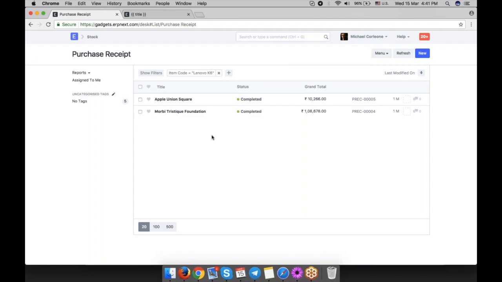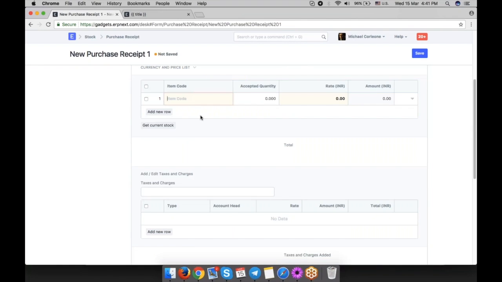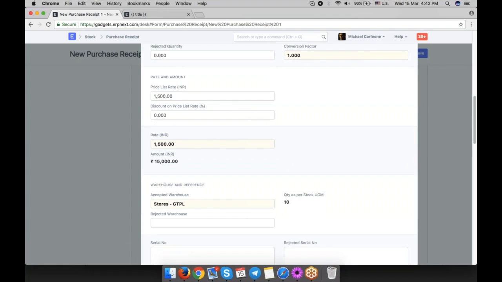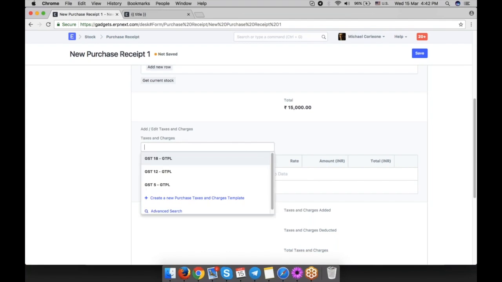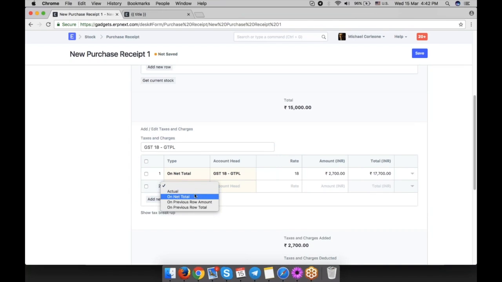Right. So we can pull data in purchase receipt from purchase order, or we can make one directly as well. I'll quickly add an item in my purchase receipt. Say its accepted quantity is 10. It has fetched the rate from the price list. So let's move forward with this. This is the accepted warehouse. We'll receive stock in this warehouse. On top of this, we can also apply taxes and other charges. So let's say 18% tax is applicable. And then we can also apply other charges,